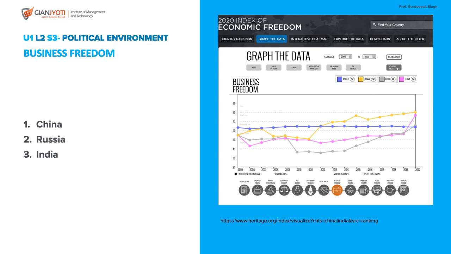And this parameter is business freedom. So this purple color is for the world average. For India it is grey, pink is for China, and yellow is for Russia. Now if you look at Russia first, which is yellow, from 2008 it was going down, but from